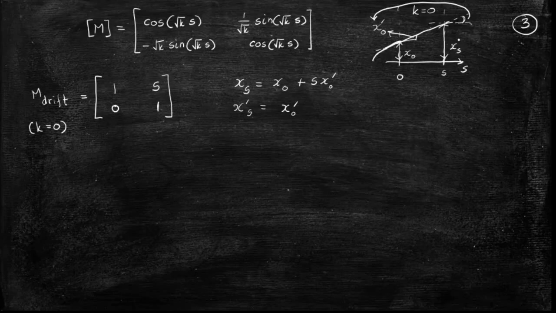And what will be the value of xs? xs will be x0, which is the original value, plus s multiplied by slope, which will be this value. That is what you are getting in the result of the equation. So this matrix is correct. It is representing correctly what we understand by this diagram. Everyone is clear about this? Does this seem to work correctly the way which we require?